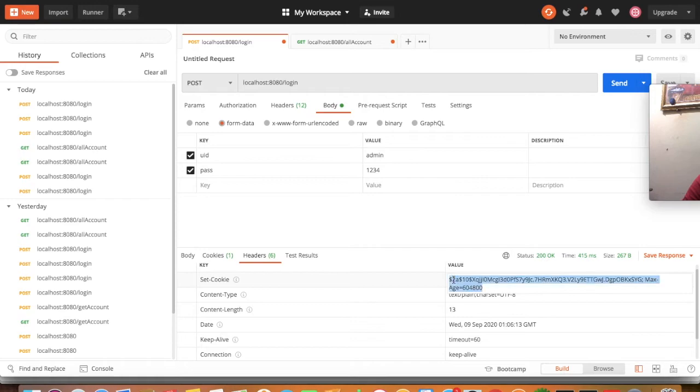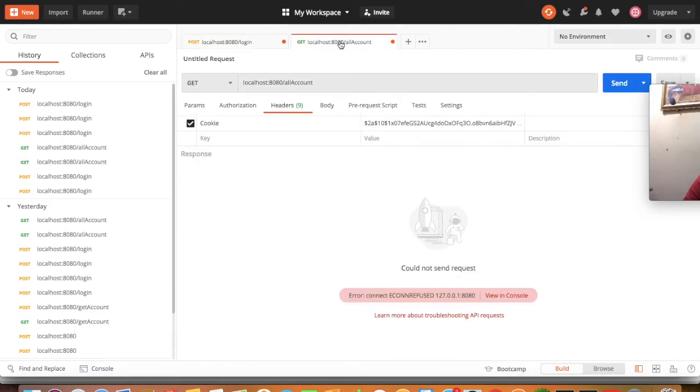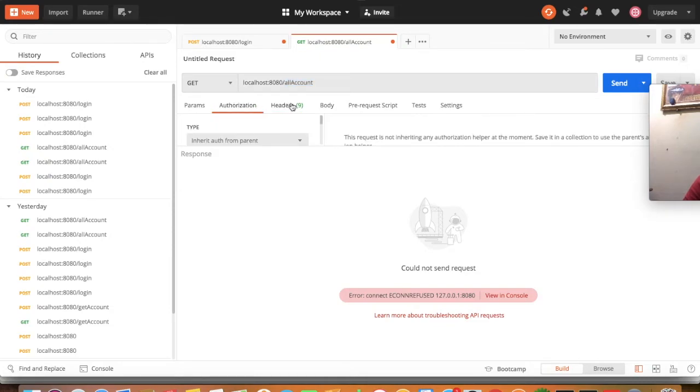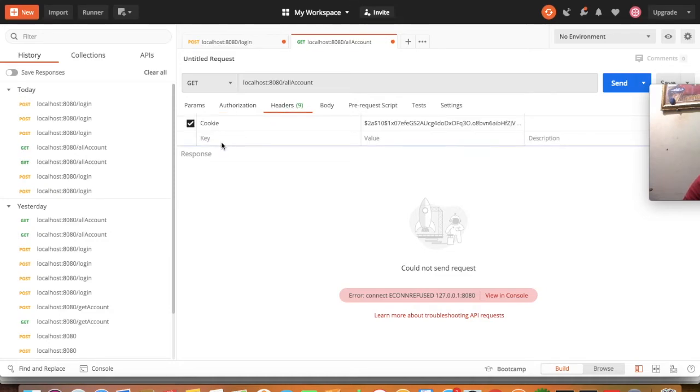I just need to copy this entire stuff from the cookie part and go for the second request, which is a get request for all account, the second endpoint which I have created to find out the accounts. Then in the header section, so here param authorization, then header, I have to create a cookie like this.